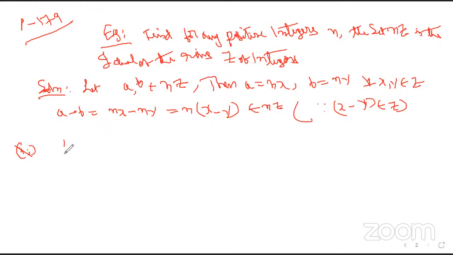Let r belong to Z, and let a equal Nx, which belongs to NZ. Then